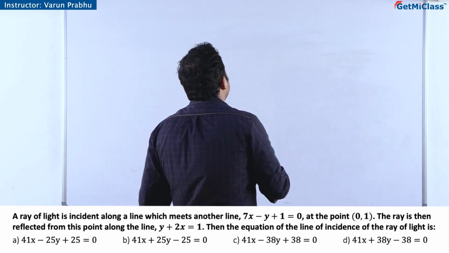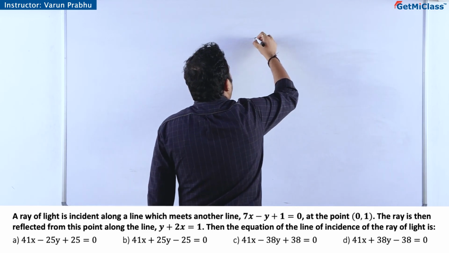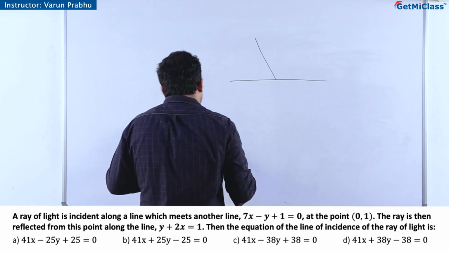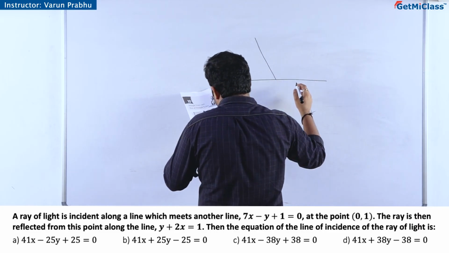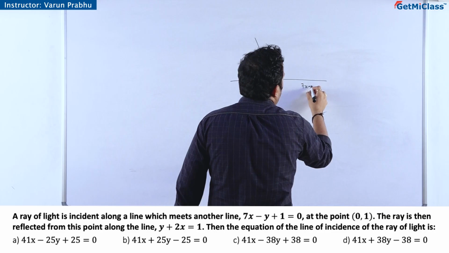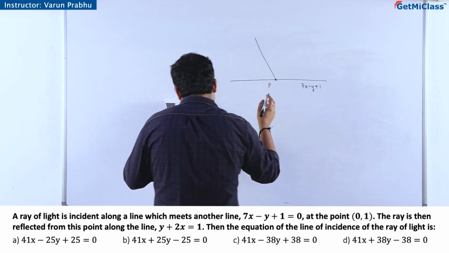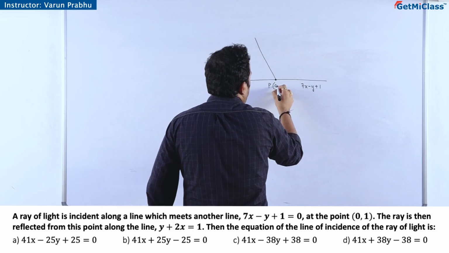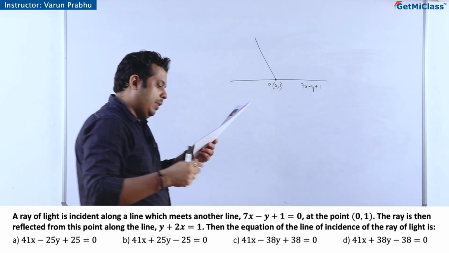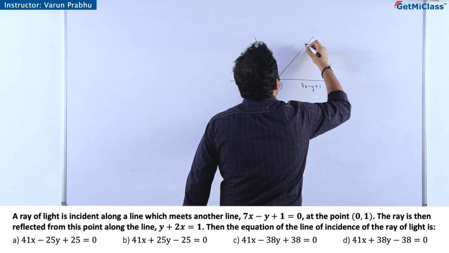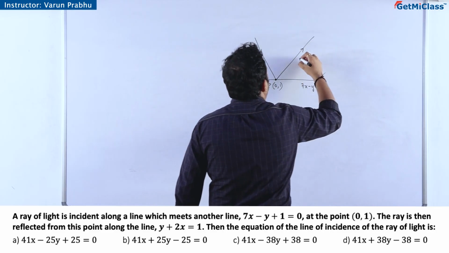If you look at the description of this particular problem, a ray of light is incident along a line which meets another line 7x minus y plus 1 at the point P, 0 comma 1. The ray is then reflected from this point along the line